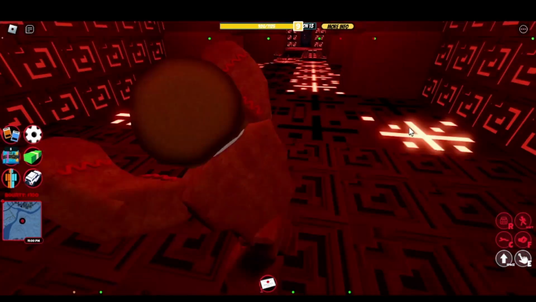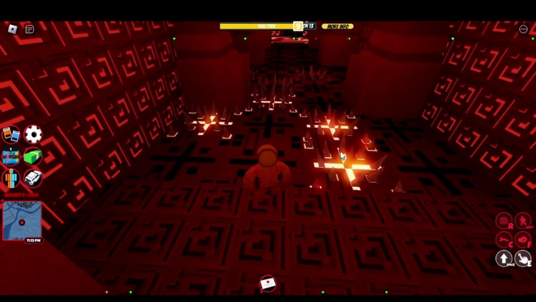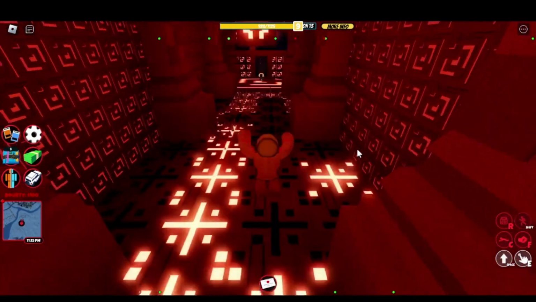Then this will lower, and you have to be careful about this. It'll light up, and then spikes will come up where it lights up. So just avoid that spot. Also,